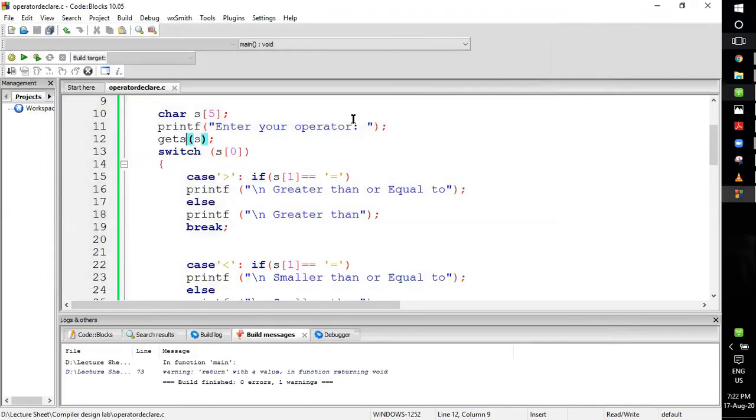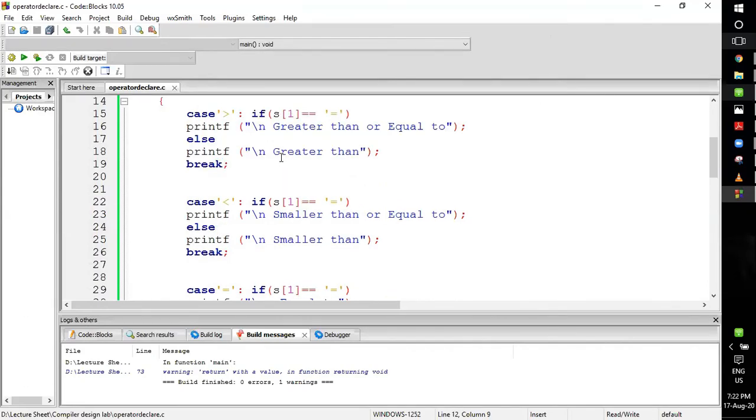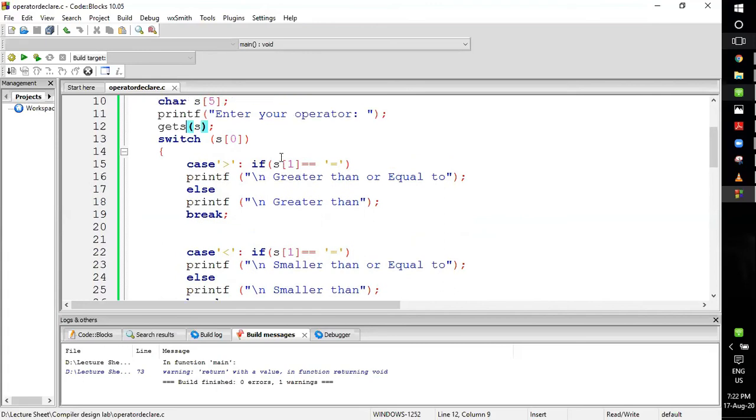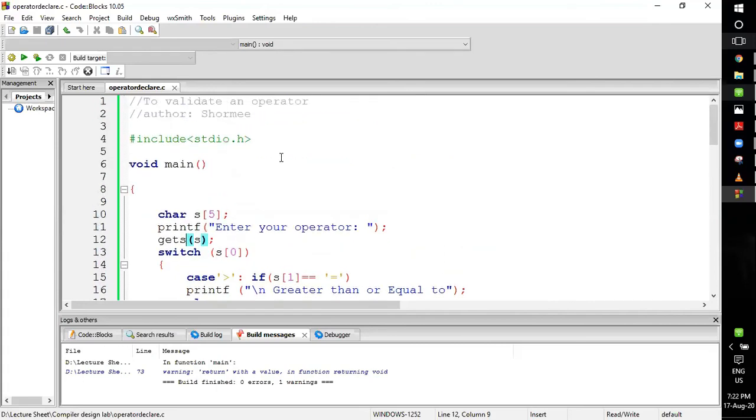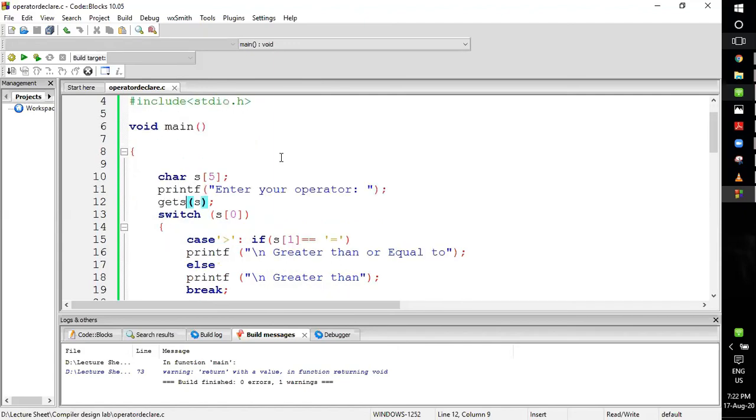Okay. So I think this was a very simple program. I think the simplest one till now. Any confusion up to this? No, ma'am. Okay, fine. So in case of here, I have used gets, this getter method, because it's easier for me. I can declare in only one line. But in case of gets, you can also use the scanf. So in case of scanf, you have to again declare for this portion. Okay.